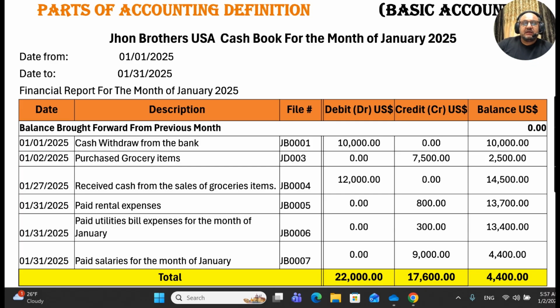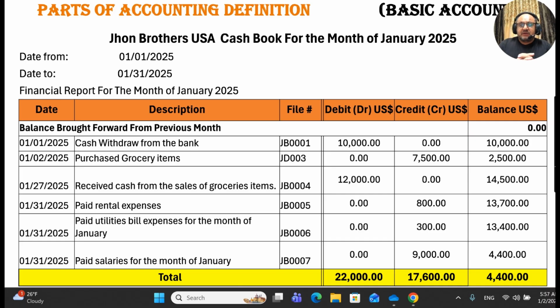Before I define the cash book for you, I would like to give some information regarding the cash book. What is a cash book? Why do we use a cash book? And what is the importance of the cash book in financial reporting? But first, I would like to say that